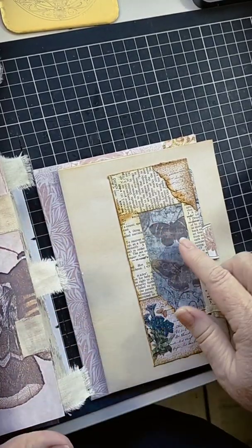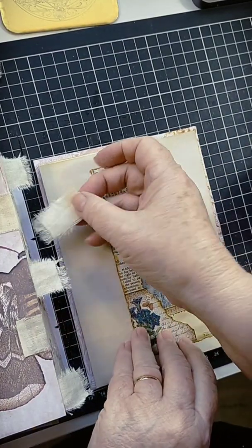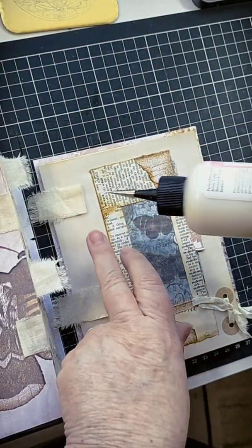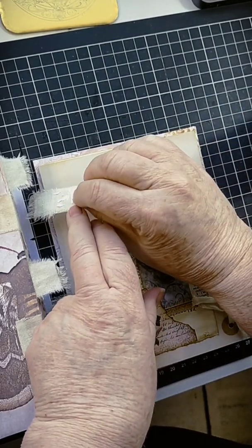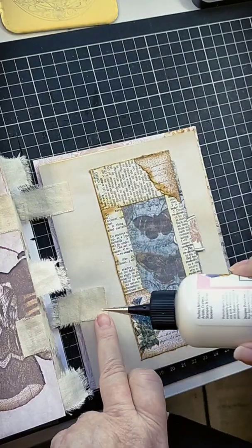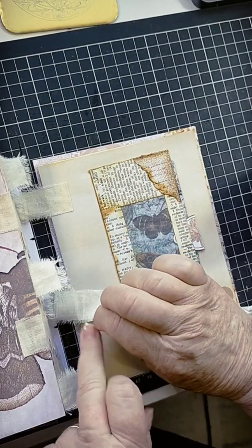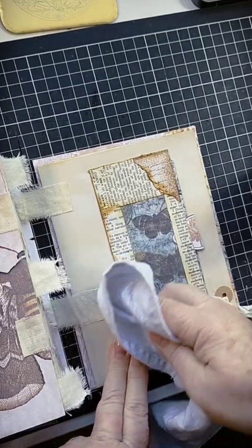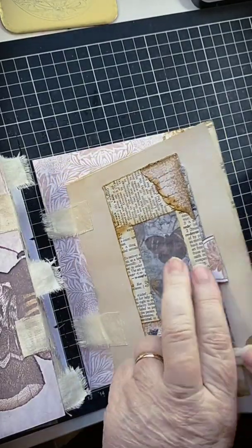Right, so I've just glued 2 down there, so now we need the last 2 here. Let's make sure I've still got everything aligned. 1 and 2. I'm excited. I hope it all turns out lovely. 1. Why wouldn't it? Of course it will. Right, okay. So that was our very last page, and we turn that over